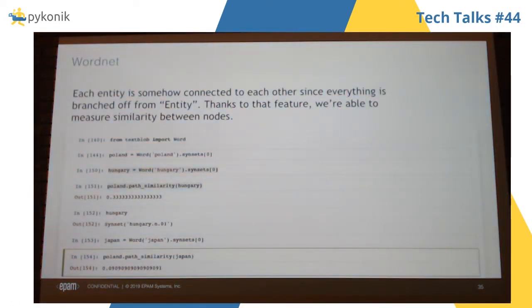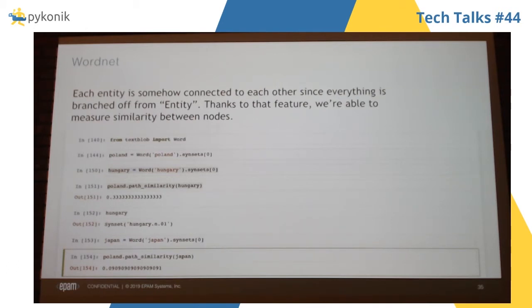In TextBlob, we can interact with that database. For instance, when I get Poland, synsets means that one word can have more than one meaning. For instance, Turkey is a country, and Turkey is also a bird. So for the Turkey entity, we should get more than one synset.